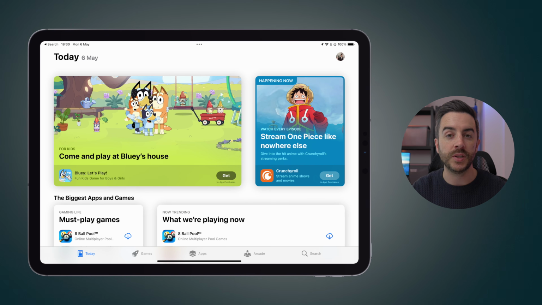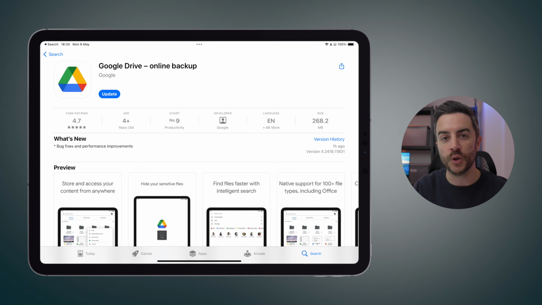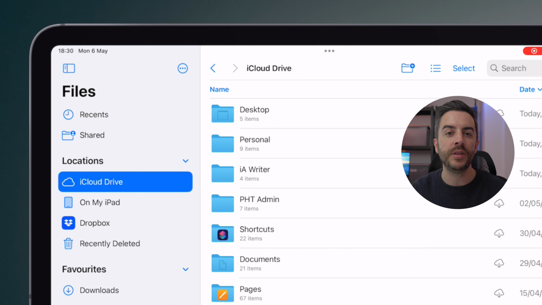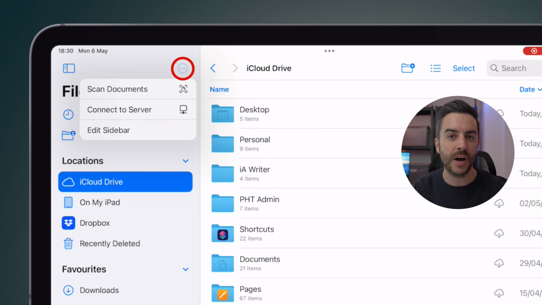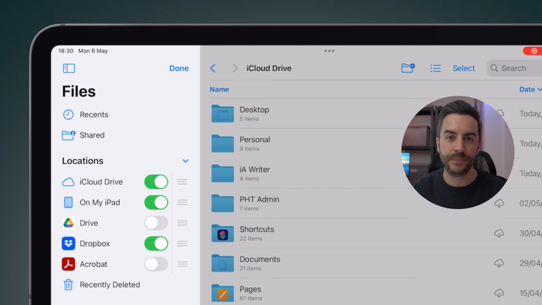To add services to your Files app, you first need to download the relevant app to your iPad. For example, if I wanted to add Google Drive, I would go to the App Store, search for Google Drive, download it, and log in. Once you've done that, you can open the Files app, tap the ellipsis menu in the browser bar on the left-hand side of Files, and choose Edit Sidebar. If the service isn't already toggled on, you'll then be able to toggle the switch to include it as one